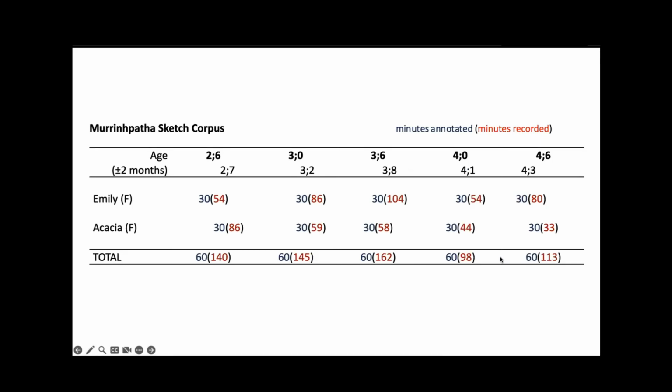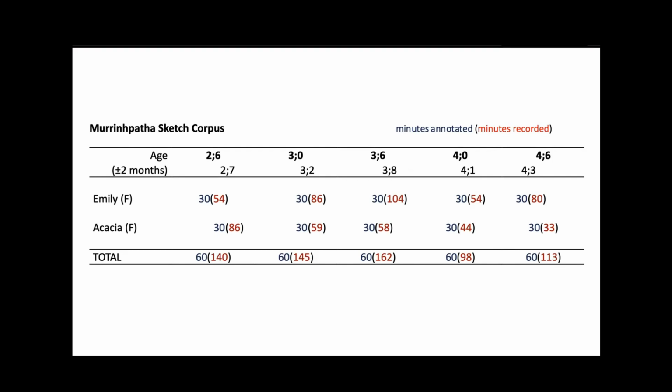So if you glance at this very, very quickly, it looks like the ideal situation, but it isn't. We decided to go with 2 children. They both happen to be girls, but we started at the age of 2.5, so 2 years and 6 months, and went to 4 years and 6 months. So that is not an ideal situation.